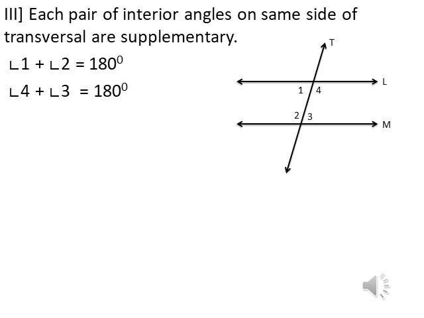If we add angles 4 and 3, we will always get a sum equal to 180. In other words, we can call it supplementary. So angle 3 plus angle 4 gives 180. Similarly, in the same way, if we add angles 1 and 2, again we will get 180. So this is also an axiom.